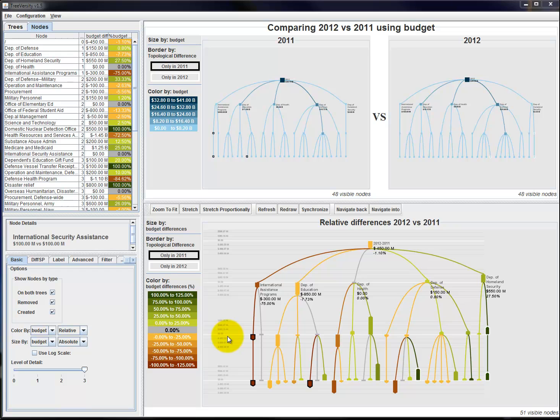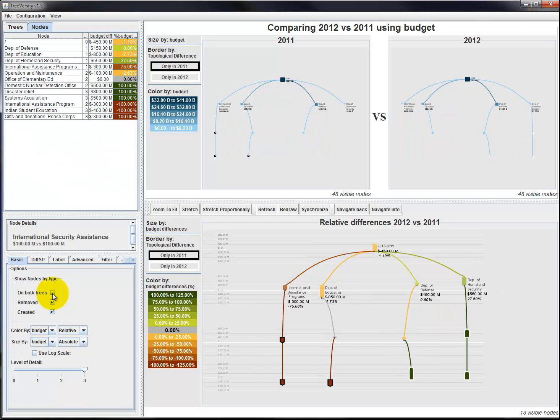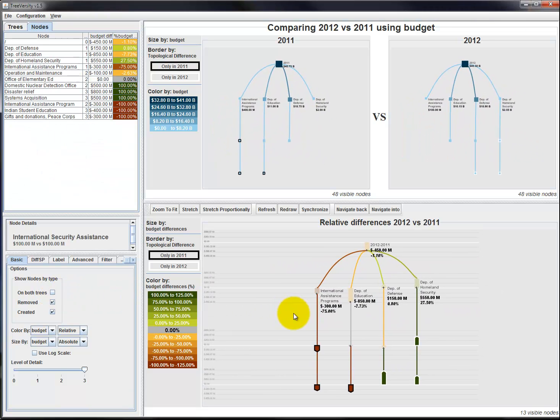Apart from these operations, we can also filter by other criteria. Like, say we want to see only the topological differences and not the nodes that are present in both trees. So for that, we can use this option here in the control panel that will collapse all the nodes that don't fit the criteria, in this case being a topological difference. So by doing this, we get a smaller tree, in which we can see that we have three removed nodes and three created nodes. Then we have some plus signs in these nodes that represent that there is some other